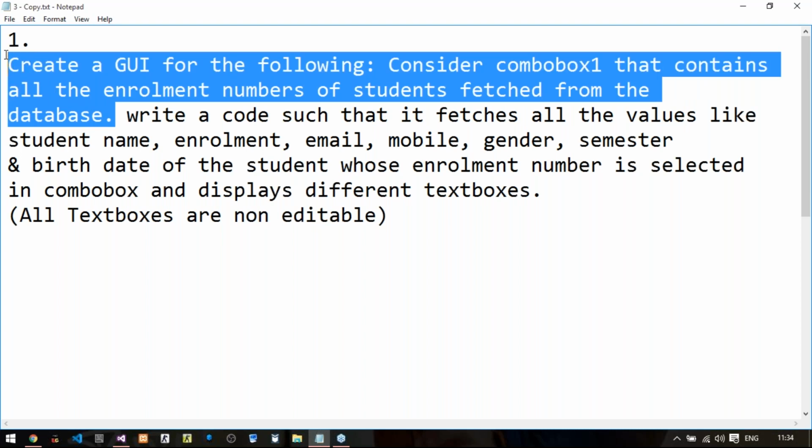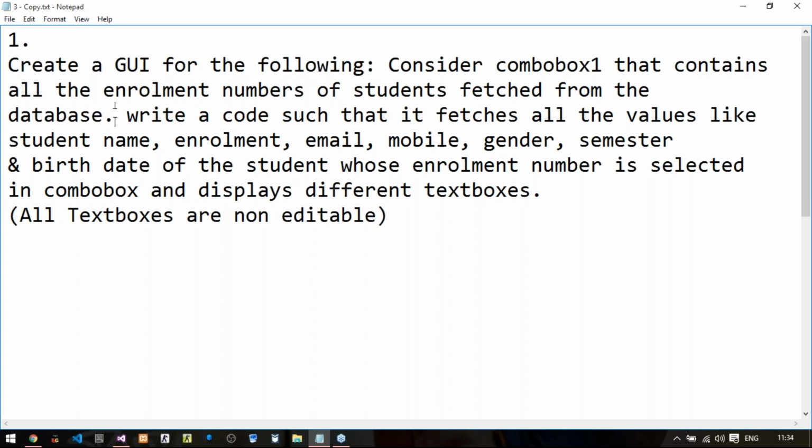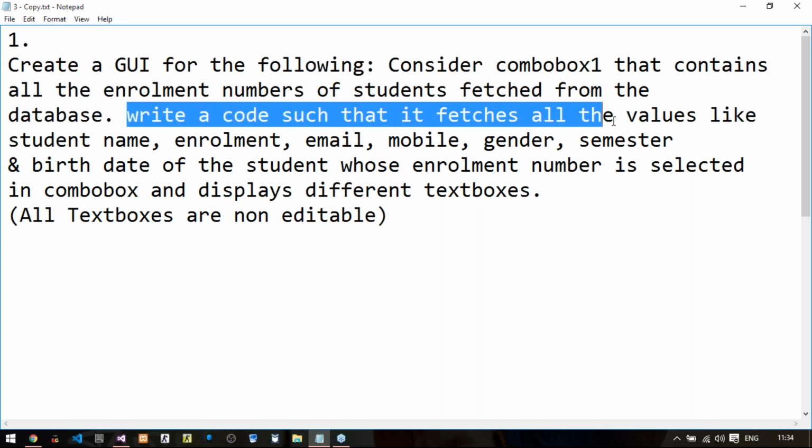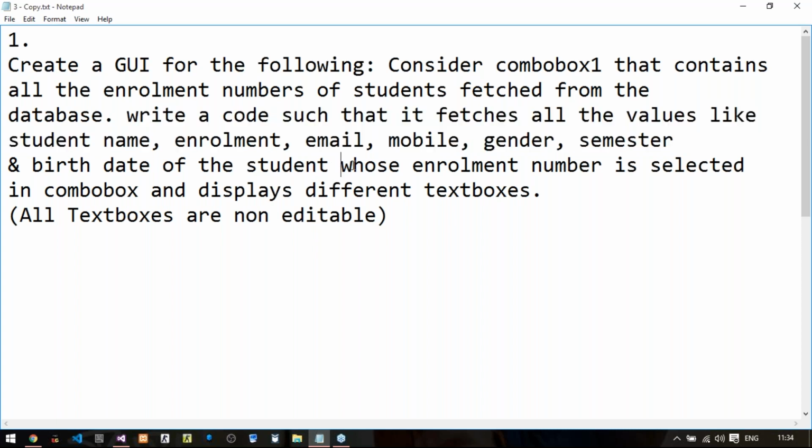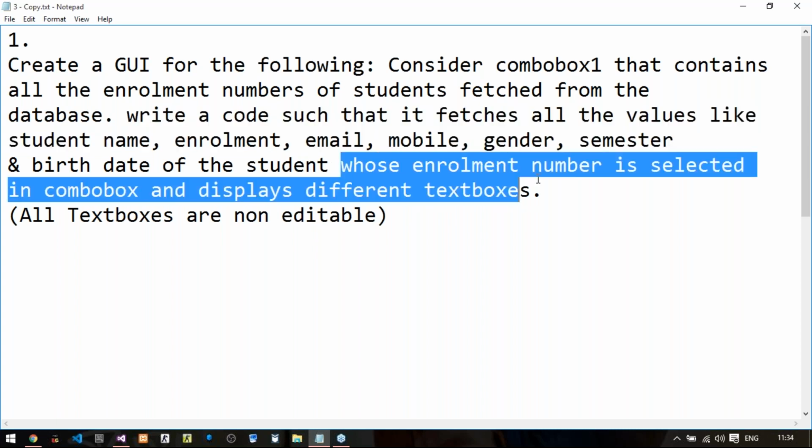Once we have done that, we write a code such that it fetches all the values like the name of the student, enrollment, email, mobile, gender, semester, and birth date of the student whose enrollment number is selected in that particular combo box.